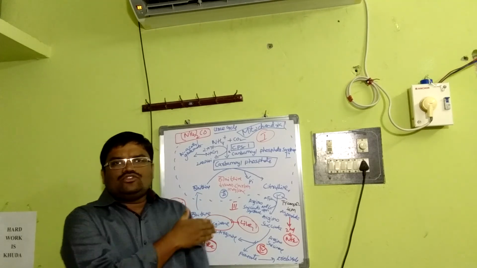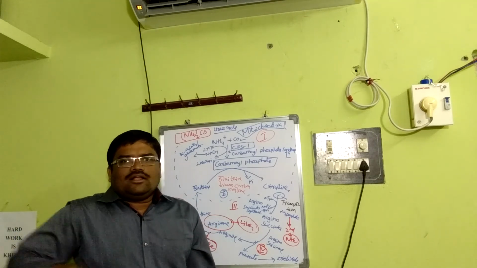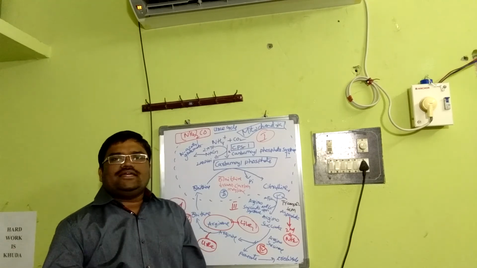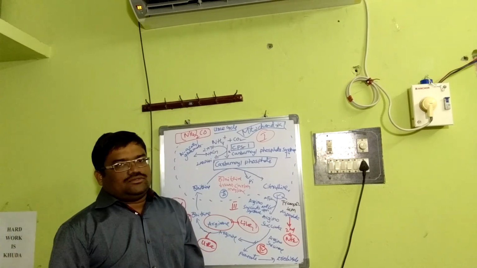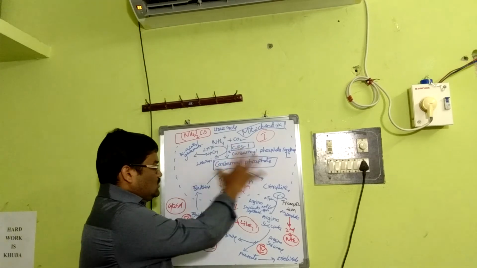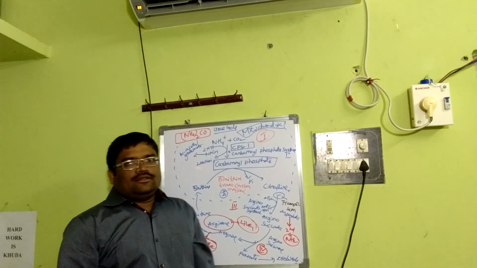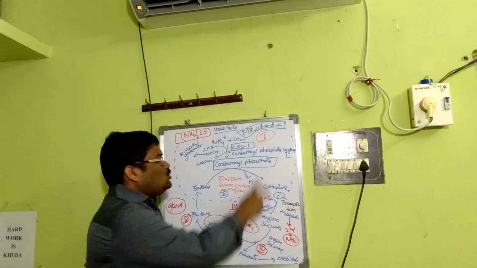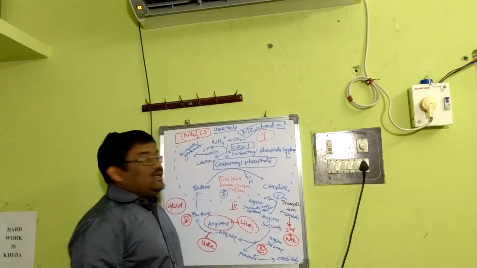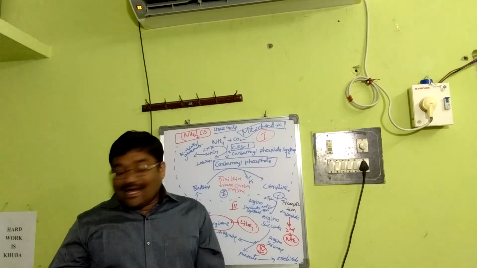And this urea will diffuse out of the liver through blood circulation, reach the kidneys, and through urine it will be excreted out. This is about the urea cycle. That means a 5-step metabolic reaction, 2 in mitochondria and 3 in cytosol. And regarding the energetics,